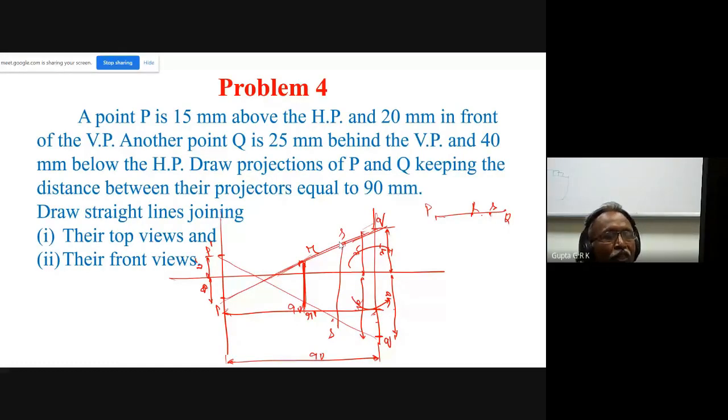So when you go to the next chapter, when you are drawing the projections of the line, it will give the positions of the endpoints. Based on the positions of the endpoints, I have to get small p, small q, small p dash, small q dash. Okay, if you join them, that finishes. But there will be more complications that we will come across later. But this itself tells this is the top view and front view of the line PQ. Okay, we will go to the next problem.